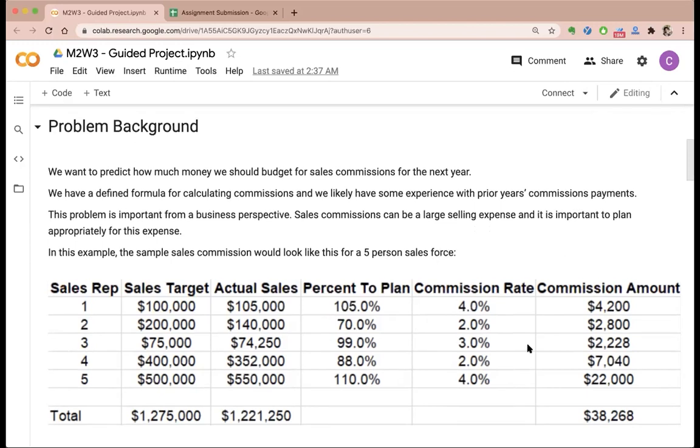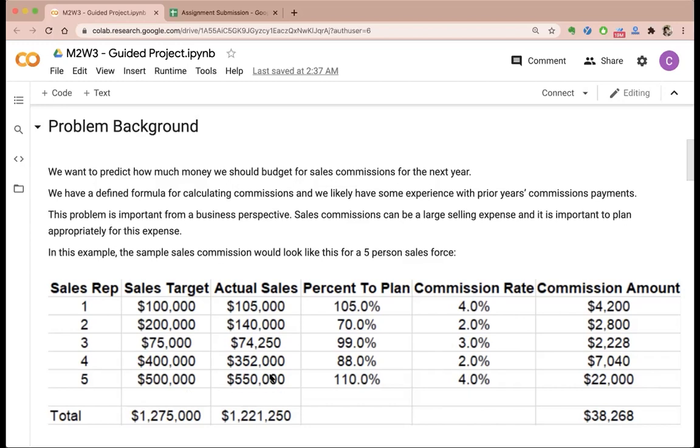So you can see this chart which is given. So this is the sales representative ID. Okay, so 5 persons are there, 5 representatives, and they were given these targets. Okay, and this is the actual sales that they made. Okay, so this was the target that they were given, and this is the actual sales that they made.